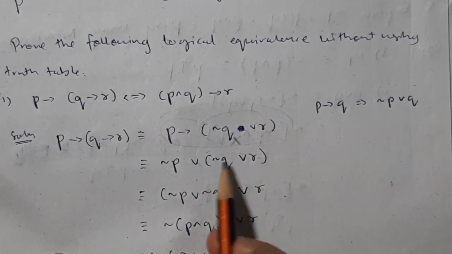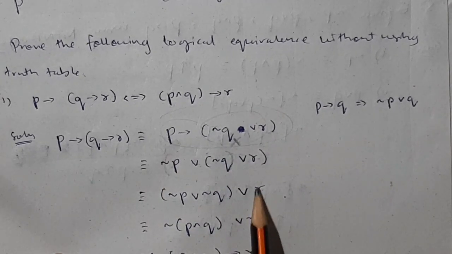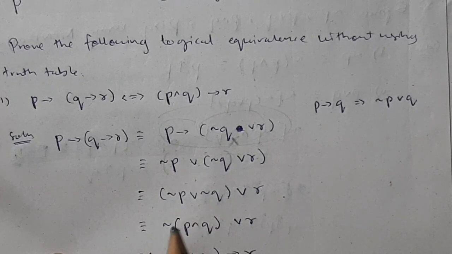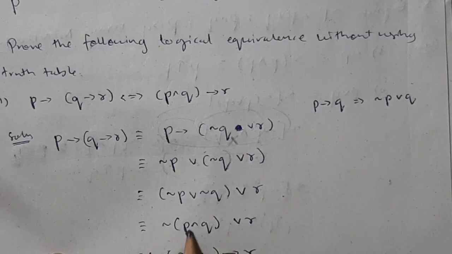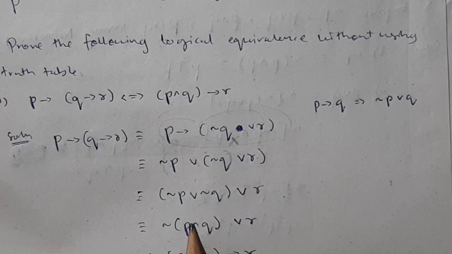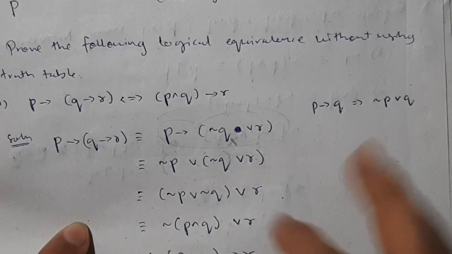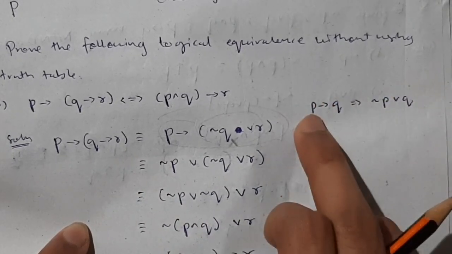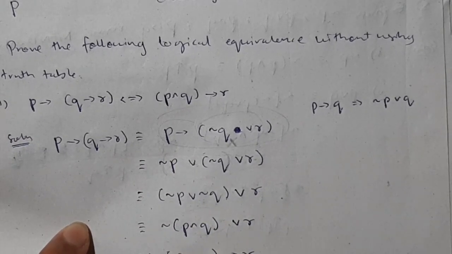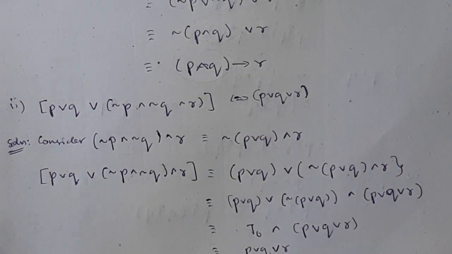Now you can use the associative law here, and you can take these two as common. When you take these two common, you will get R as separate, and then you take this NOT as common here. According to De Morgan's law, if you take NOT as common, you will get AND here instead of OR. Then this will be the same here. Then applying the reverse law of conditional, see, it is of this form. If you take this as a single entity, it can be written like this, in this form. So if this whole is taken as P, then P conditional Q is written in this form.